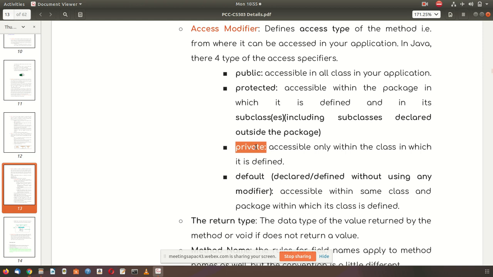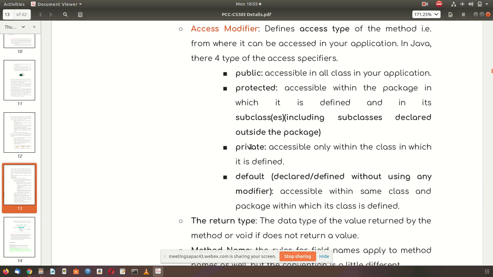A private data member in a class is granted no direct access, so it is completely locked.